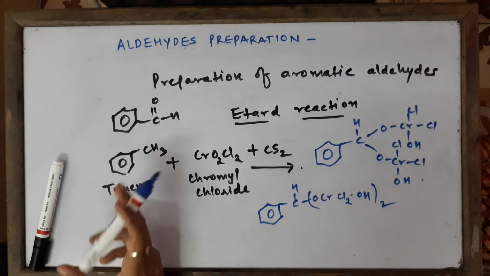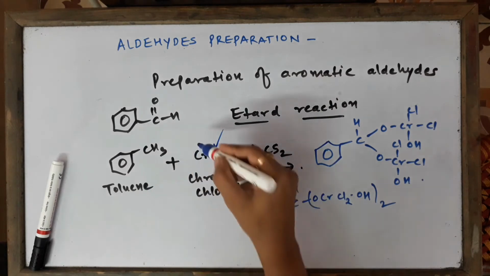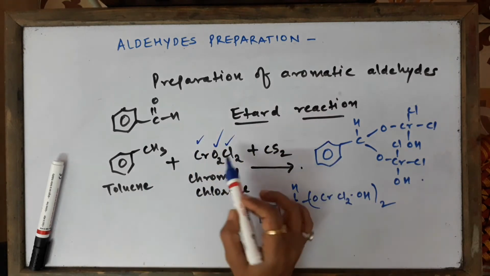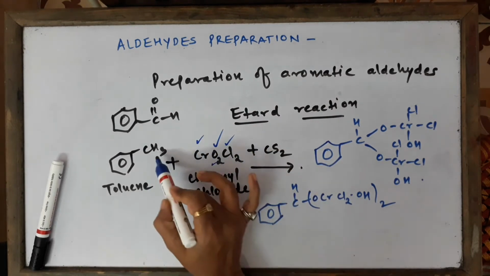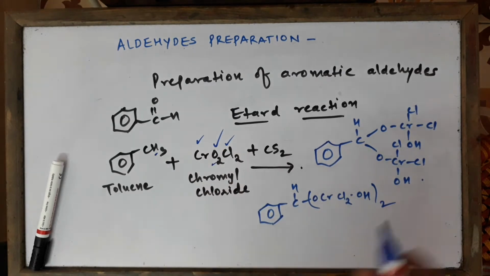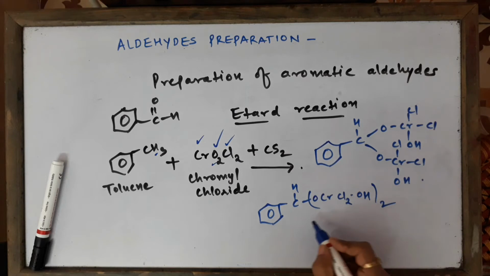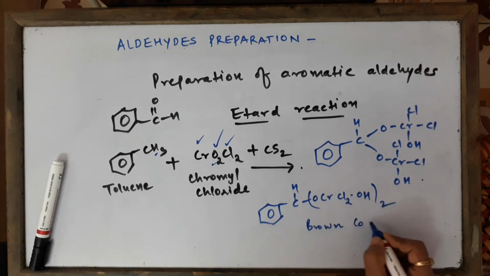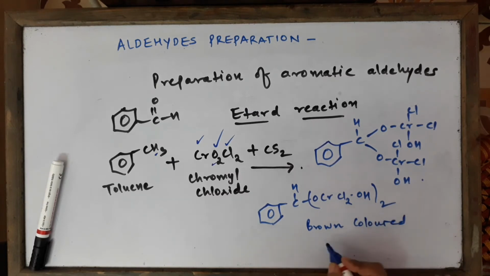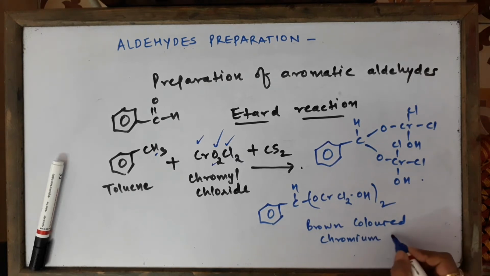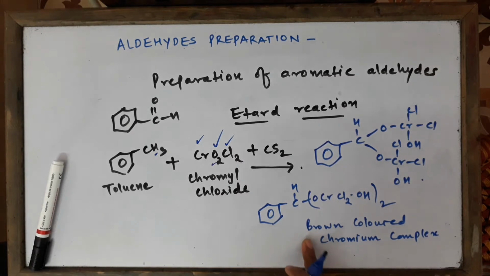So this is the complete thing. You can see everything has got added up. O is added up, Cr is added up, Cl2 is added up, another O is added up, and one of the H from here is also added up. So the whole thing gets added up. If this formula looks quite complex for you, it's a brown colored chromium complex. Okay, so what I was saying is, if you cannot remember this formula, just don't draw this formula in exam. Just write down this.